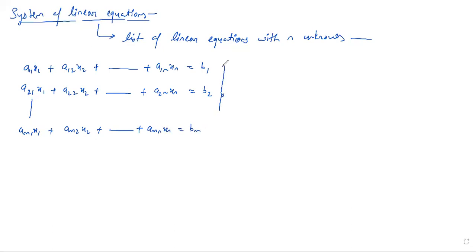Okay, so this is my system of linear equations. In this system aij's are the coefficient of unknown xi's